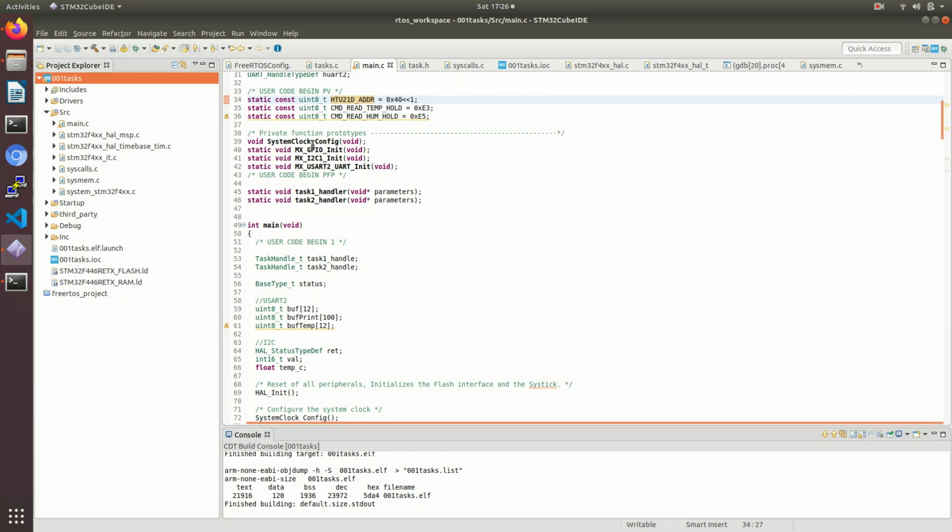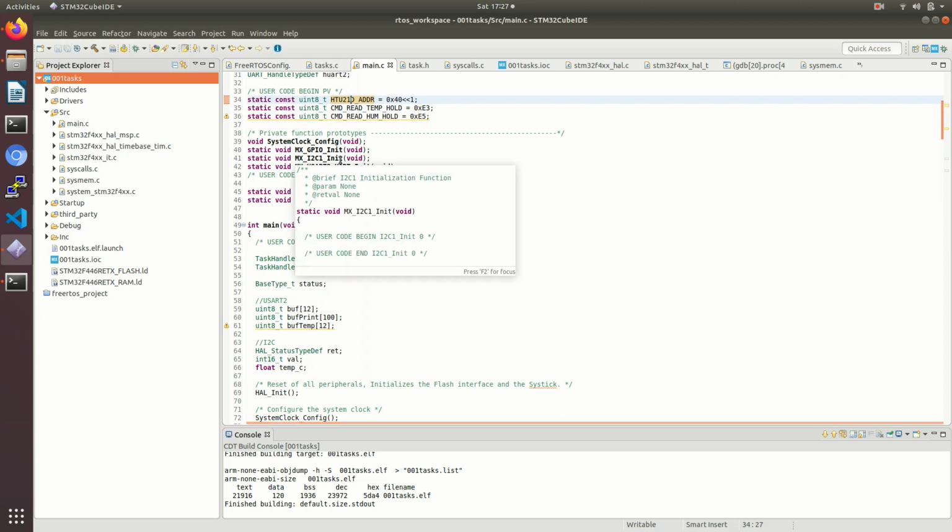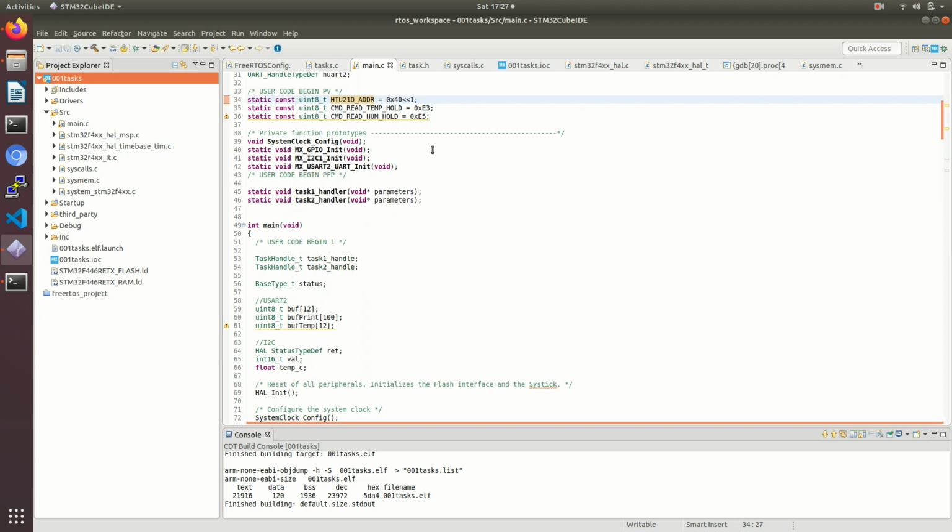We have the function SystemClock_Config, and we have GPIO initialization for the LED. We have I2C initialization for our I2C, and UART is for loading the program and seeing the output on the terminal.